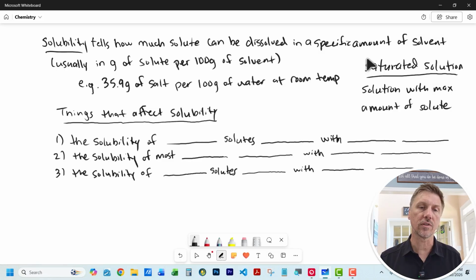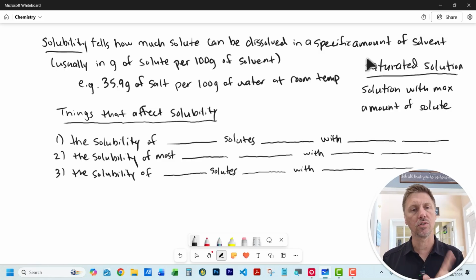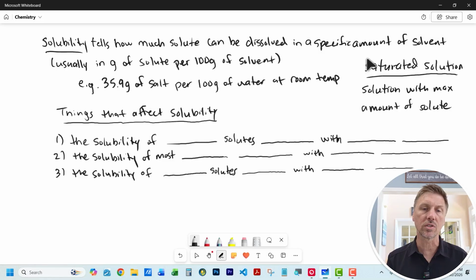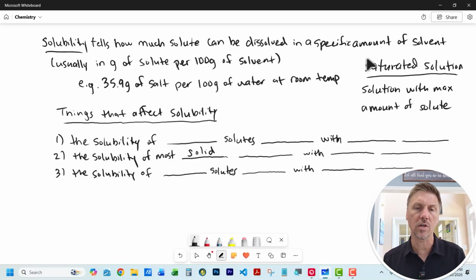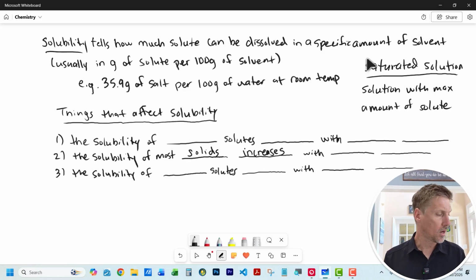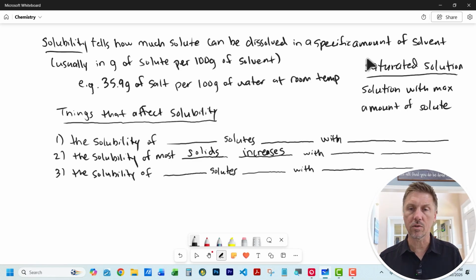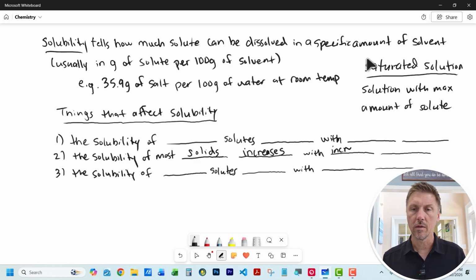And so our first thing that affects solubility is... well, you know what, let's jump down to number 2, actually, because that's what we were talking about just then. The solubility of most solids increases. It becomes more soluble with increasing temperature, right? And of course, we're talking about the temperature of when we're trying to mix it together,